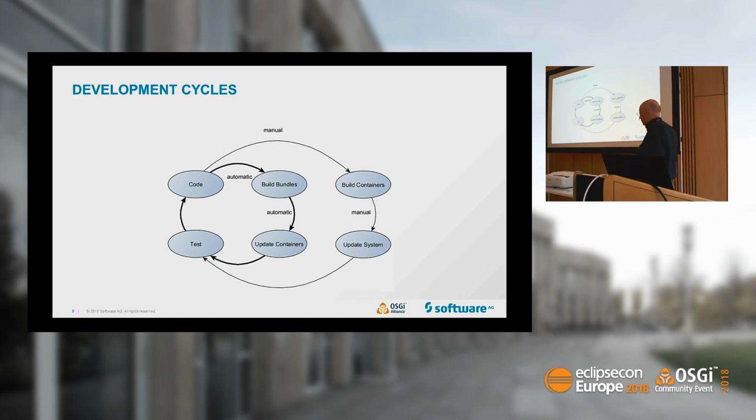work with your system, grow it without having to restart anything, without having to rebuild your images or containers or worry about them. Then there are cases where you will need to rebuild the containers, and that's the outer cycle where you do actually update the system. Still, I think this is quite developer friendly, because you're not having to worry about multiple actual machines. You can do that all on your local development machine, but the setup that you're working with is quite realistic and quite close to what you would actually use in production.